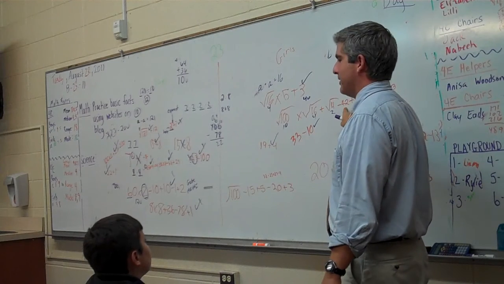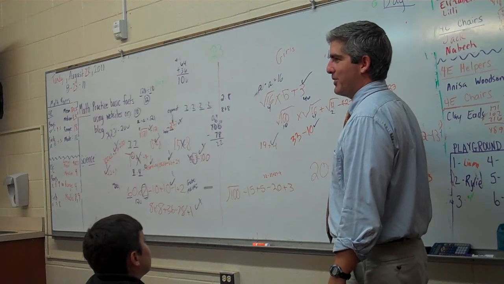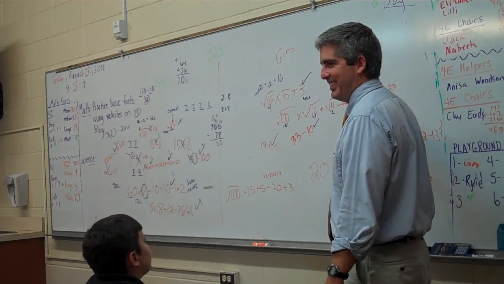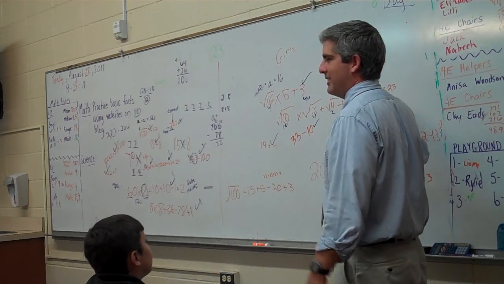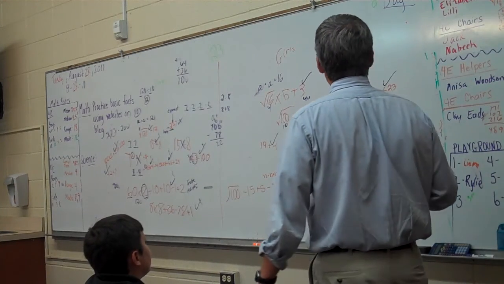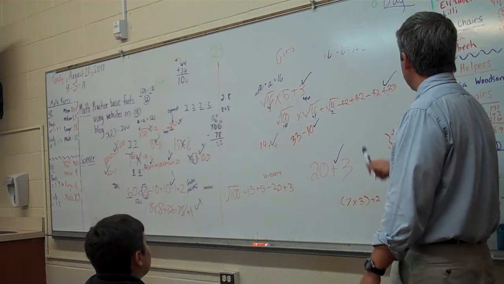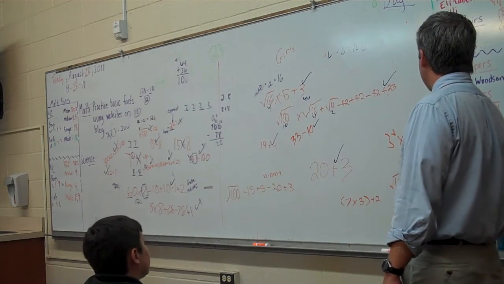Minus 42 equals 0. Plus 23 equals 23. Very good. All right. Then we have 3 to the third power, or 3 cubed, times 8 divided by 2